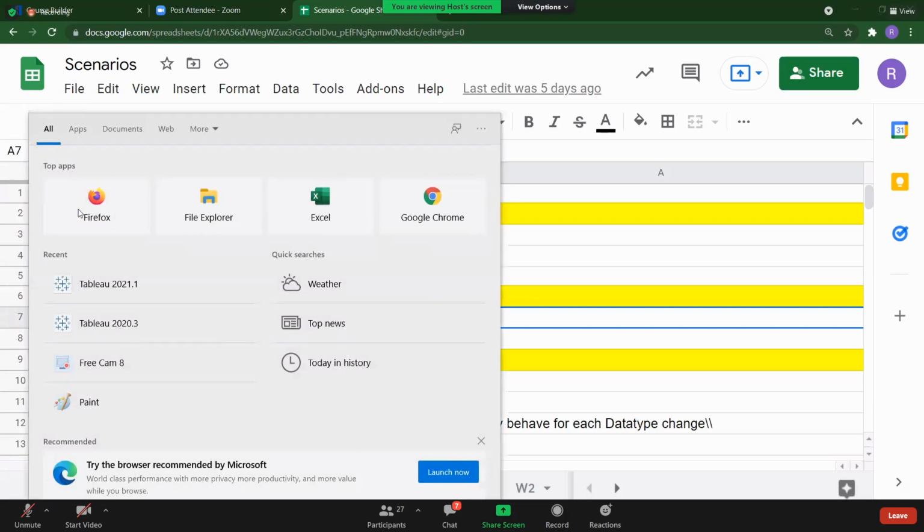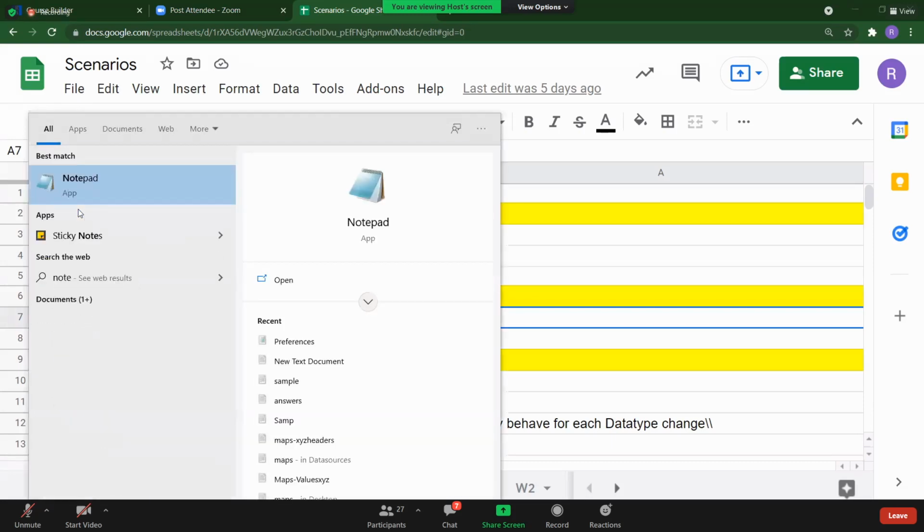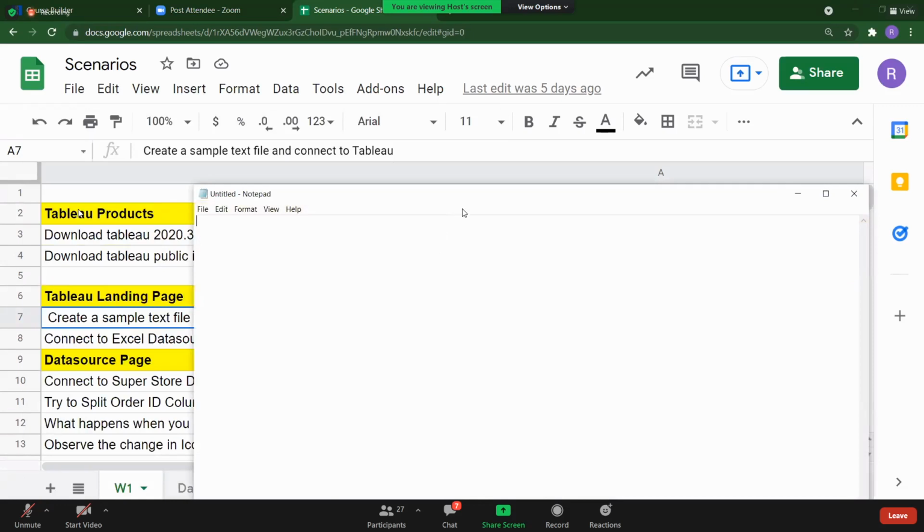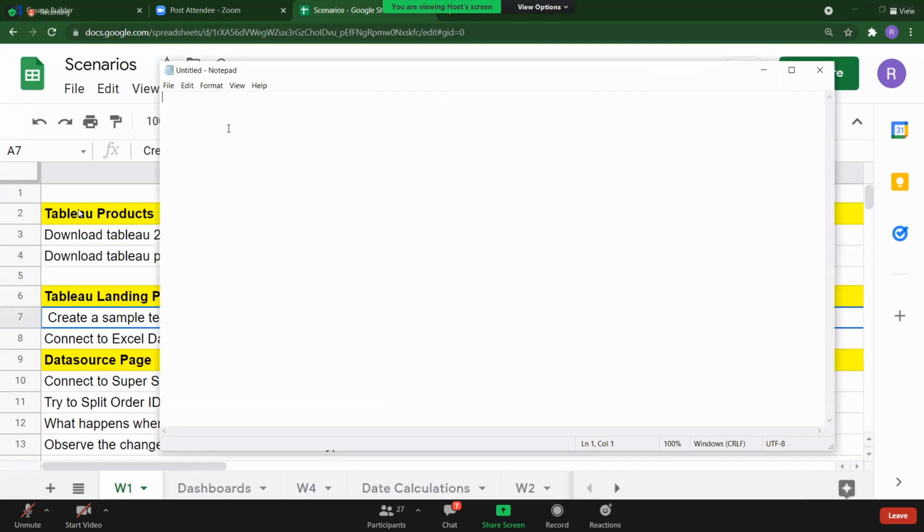Here, if I'm having a sample, to any sort of data sources, mostly you can connect through Tableau, even if you are having any website data. Even that, you can connect through Tableau by using that clipboard data. Just a sample I'm creating, guys. Let us save this.